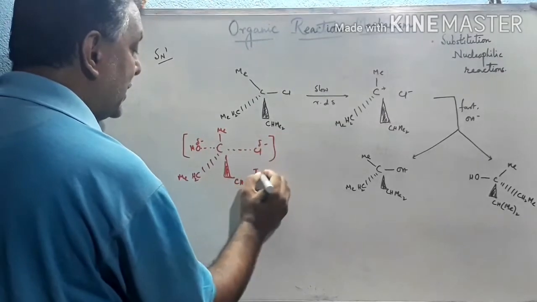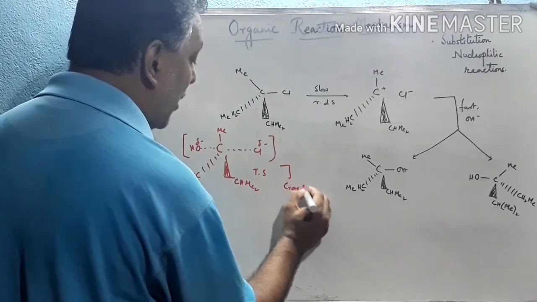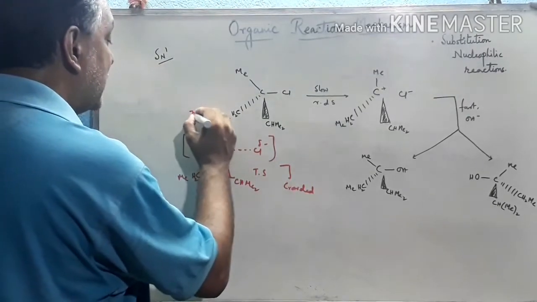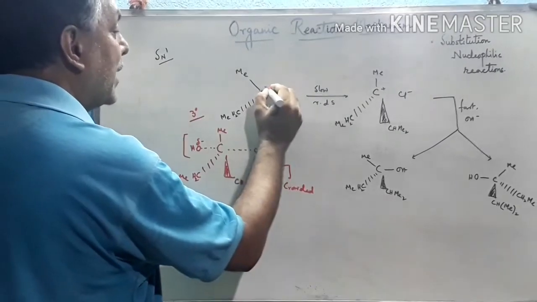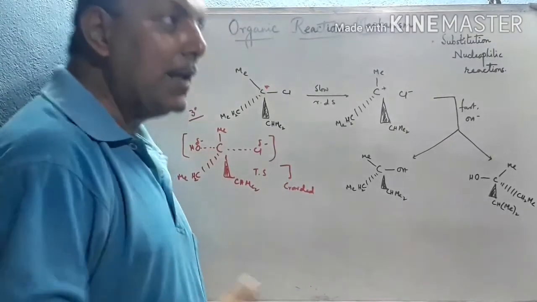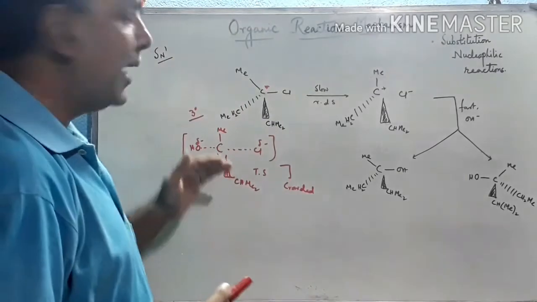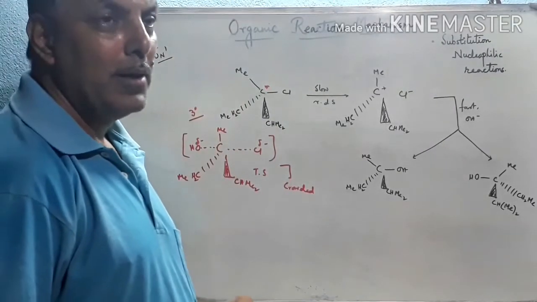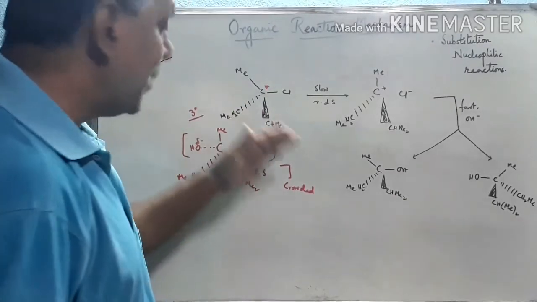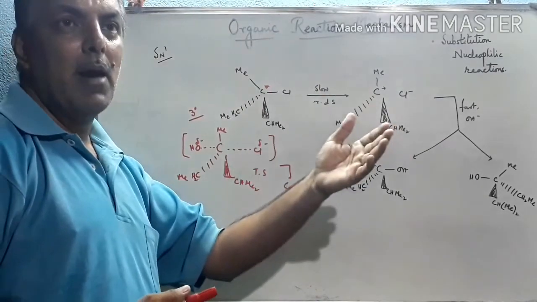So in this transition state, the steric hindrance is much more crowded as compared to the previous 1 degree, because this is a 3 degree carbon. It is the chiral center here. So it becomes crowded, and with the increase of the bulkiness of the group attached with the alpha carbon, the energy of the transition state increases, and hence it becomes unstable, and that's why it goes through a separate pathway.